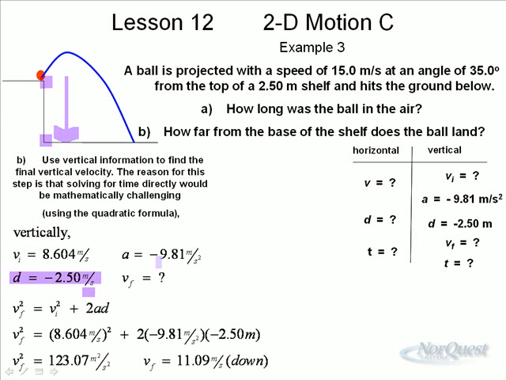When we resolve this and solve for VF squared, we get VF squared is equal to 8.604 squared, the initial velocity squared, plus 2 times negative 9.81 times negative 2.50 meters. What we get is 123.07, but that's of course VF squared. When we find the square root, we get 11.09 meters per second down, or in other words, negative